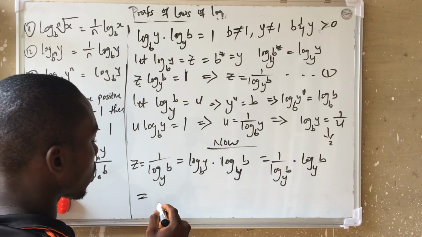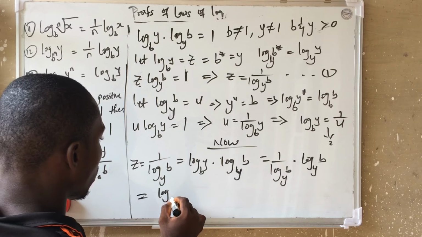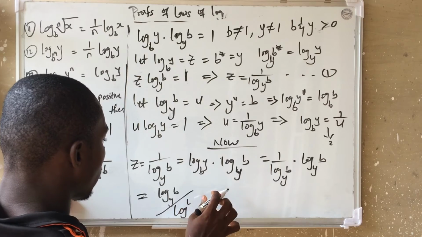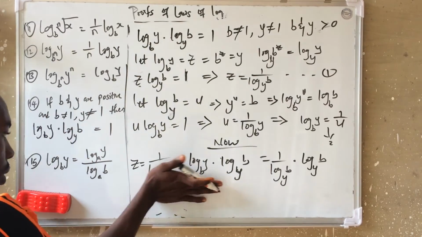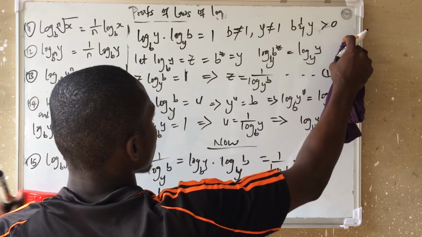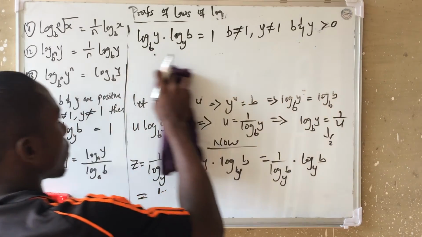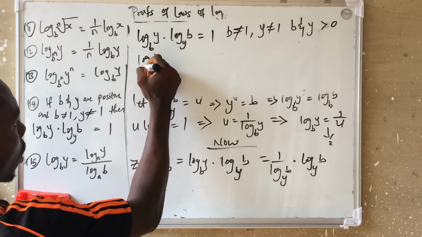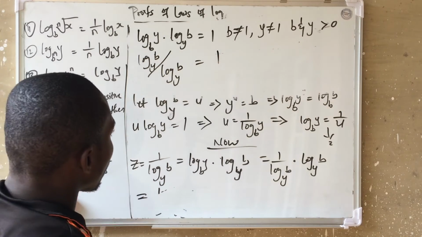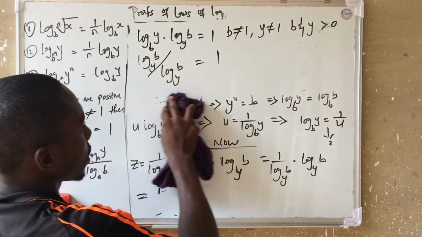Automatically it is going to give me log to the y of b all over log to the y of b, which is going to give me 1. That is one part. Then the next one is